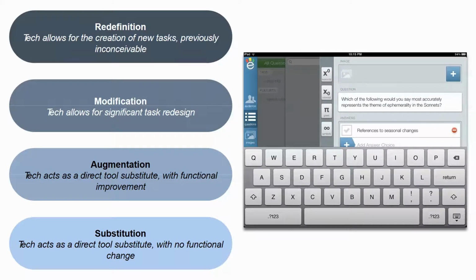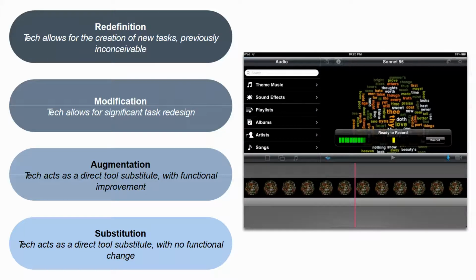Another way is that you could put the sonnets together in one place so they could look at all the sonnets at one time, ask questions, and then put links to them. So I would call that augmentation. I think they've got these backwards in this one. And then redefinition, taking those word maps, putting it to music, or creating their own music to go with the sonnets that was completely different than what they would have done before. And if I was doing this, I would have those word maps move to go with the music. Kind of a cool project for upper grade kids.